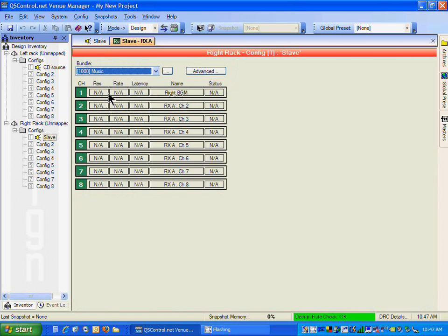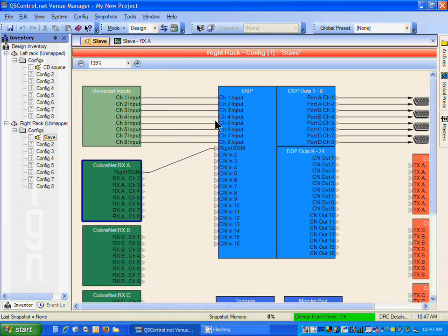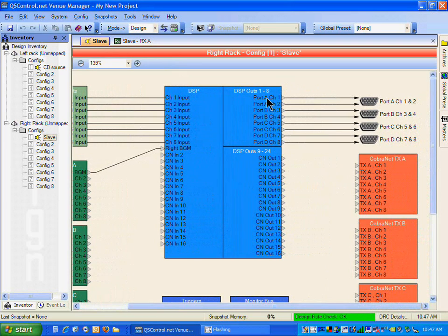It'll come in at a certain resolution, a certain sampling rate, and a certain latency. That's already set up for me. Receiving bundles do not establish that. So there's my input coming into this particular config, labeled. My output, in this case, the data port outputs that I'm going to be using. Channel 1 happens to be the center right speaker. And again, I've got the same labeling constraints as far as 16 characters, so I'm just abbreviating it. And this is going to be the far right